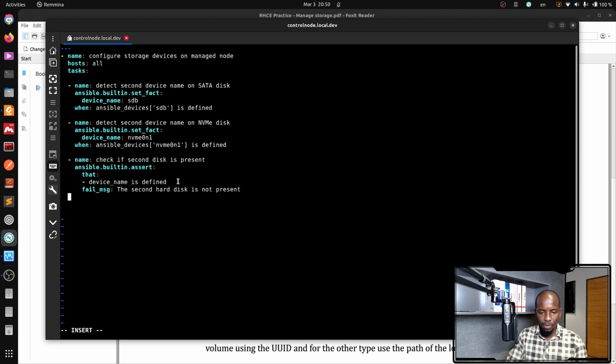Now I know that if I have this one, the next task will only be executed on nodes which meet the requirement of having a second block device, which will be detected as NVMe or SATA depending on the disks attached to my device. So now I'll go and start by creating